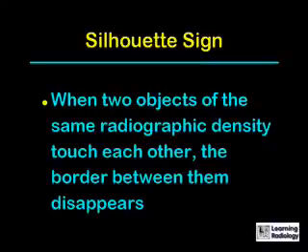The silhouette sign says that when two objects of the same radiographic density touch each other, then the border between them disappears. So there are 2 conditions that have to be met for the silhouette sign. One is that the 2 objects have to be of the same radiographic density, fluid and fluid, fat and fat, bone and bone. And then they have to be physically adjacent to each other for the edge between them to